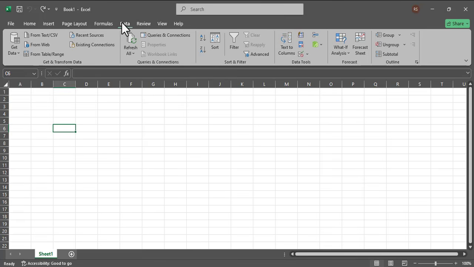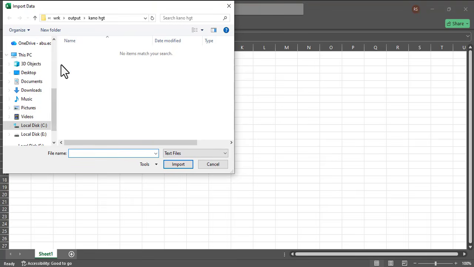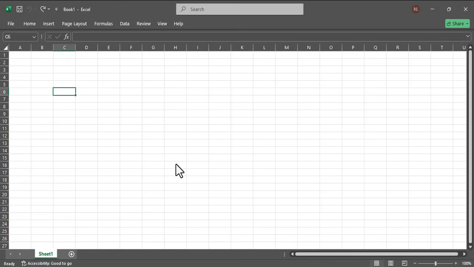So I came to Data. From Data, I went to Text to CSV. From Text to CSV, I changed it to All Files and selected this second one, and then I clicked on Import.